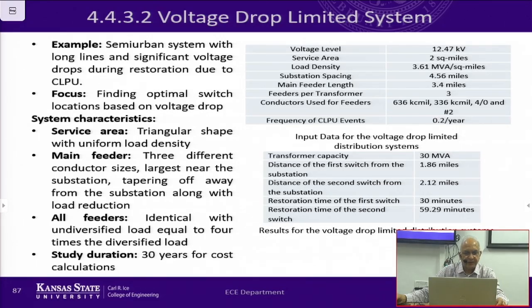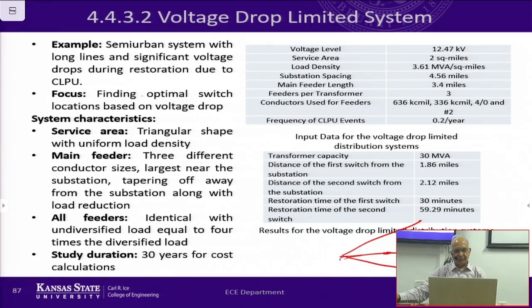In that case, what we did was, well, this is a design problem. So when you design things, you have to make a lot of assumptions. So what we assumed is that each feeder is providing power to a triangular area, and in a triangular area you have approaches where you can find equations for voltage drop. There are standard methods available. And then what we want to do is find the location of the switches here and here that will provide you